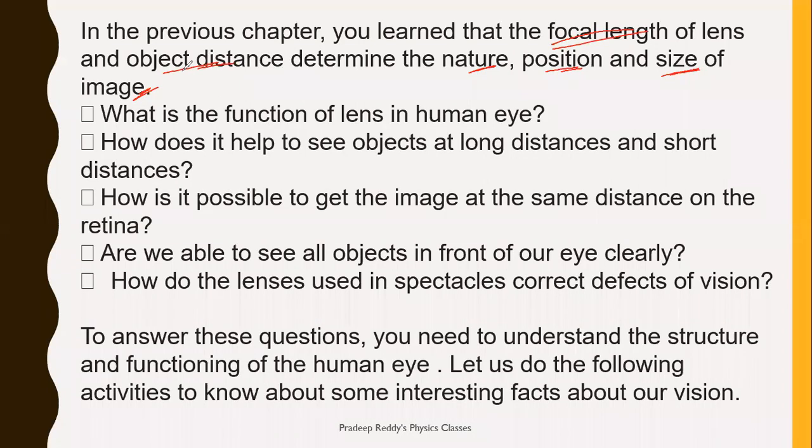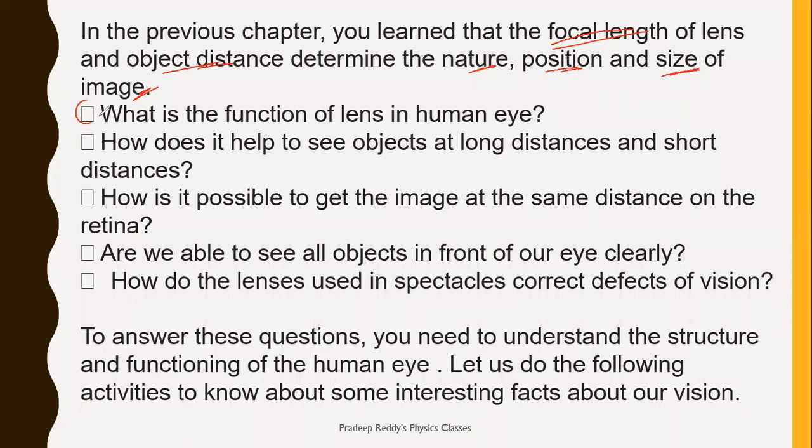When we are locating object and image distances, when we use lens or mirror, we will be using our eyes. We will be using our eye and we will view the objects as well as image positions. As we know, depending on the object's position, we have different image positions. When the image positions are changing, we are not changing our eye position. Eye remains in its own position, even though the position of the image is variable.